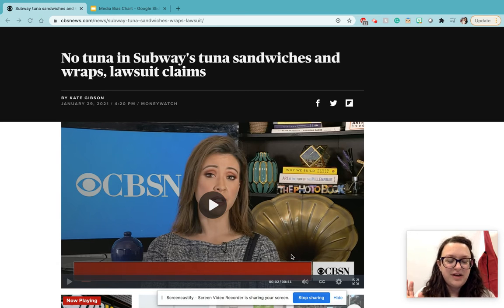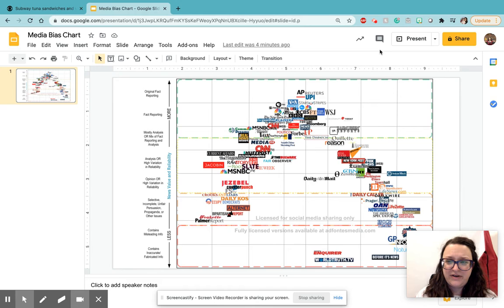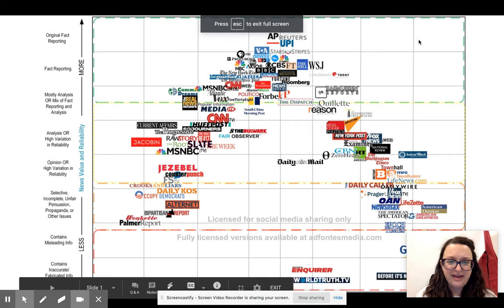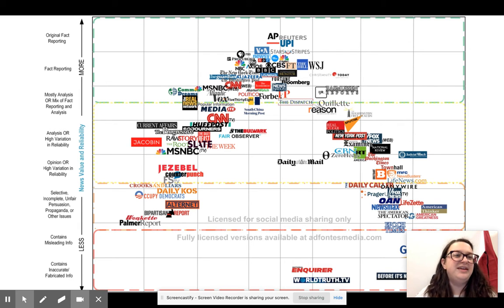So there's a couple ways you can figure out whether or not the news you're looking at is reliable and fact based. And one of those is going to a website that actually has news sources listed by how fact based they are. So one of them is this chart right here. This is called the media bias chart, but we're not going to get into the bias part. We're just going to look at the original fact reporting versus